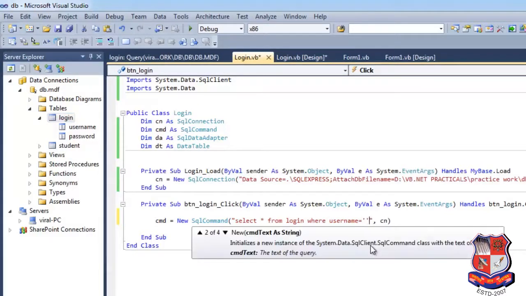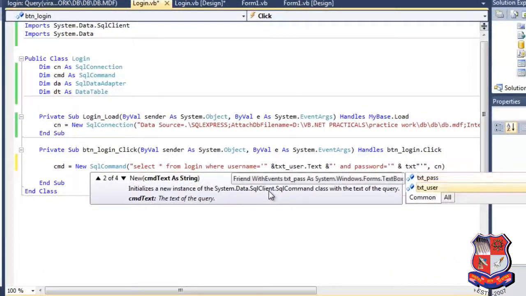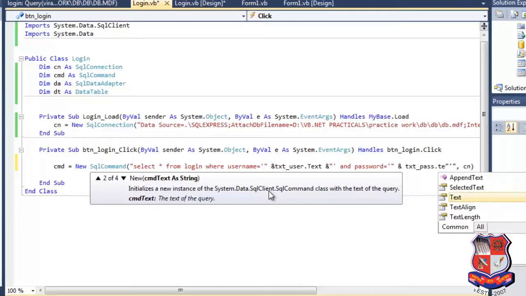Equal to single quotes, double quotes, ampersand, our text box name is txtUser dot Text, and password equal to this text box, single quotes, double quotes, ampersand, txtPassword dot Text.